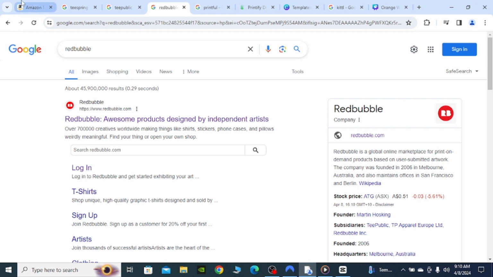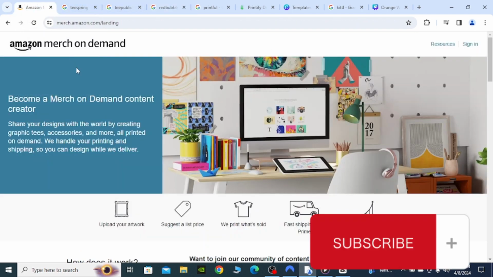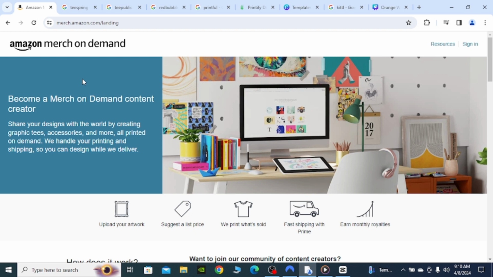So you first need to register with one of these sites or all of these sites. Then after that, you can upload your design. For example, if you do a t-shirt design, you upload it based on their requirements, especially the size and the file format, like JPG or PNG. But most of the print on demand sites request PNG format. So after you upload that, these sites, what I mentioned here,